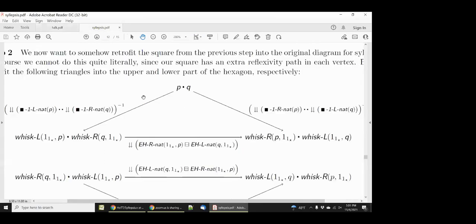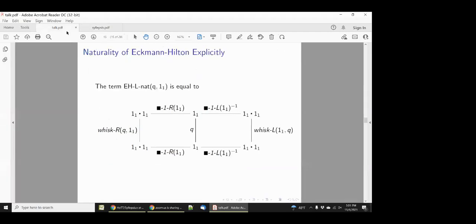And if we go to the diagram, this is precisely what we have here, right? So basically, if we replace this term by the analogous explicit description of the naturality, then that is exactly what is going on here, right? Like we turn the whiskering into P, and then we turn it into whiskering again, and the same thing over here. And let me just point out the reason why the way we prove this is actually